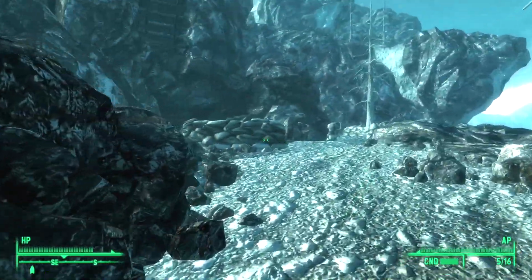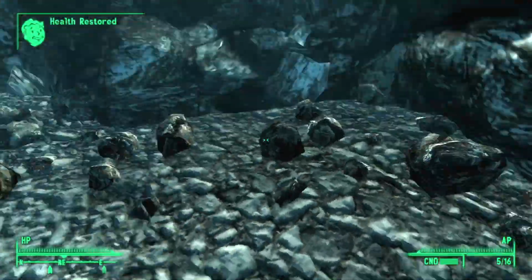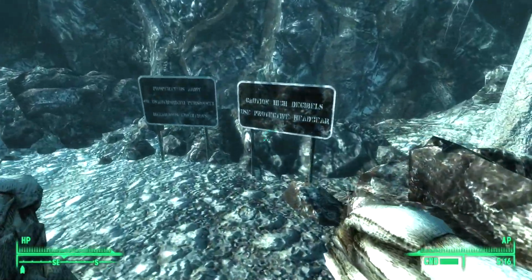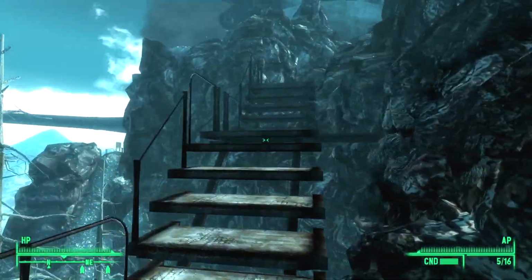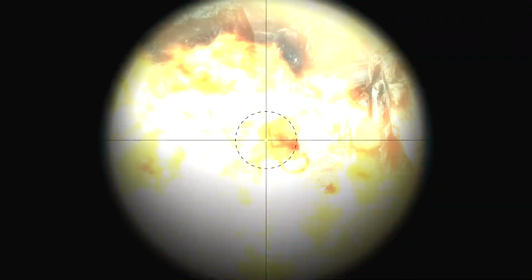There's some red stuff in the distance. Okay, we got a health container. Looking for a missile launcher and looking for intel cases. Caution, high decibels, blah, blah, blah. Okay, where does this lead? This might lead us to another...